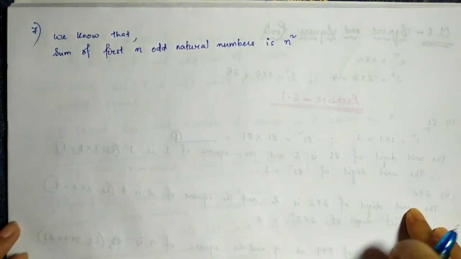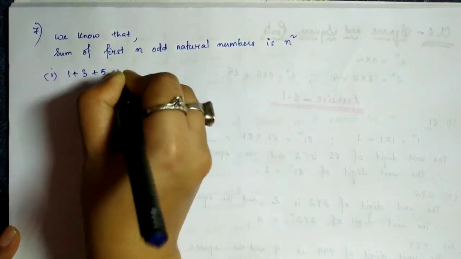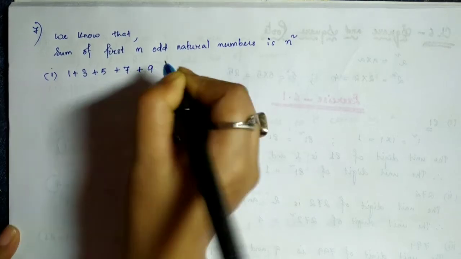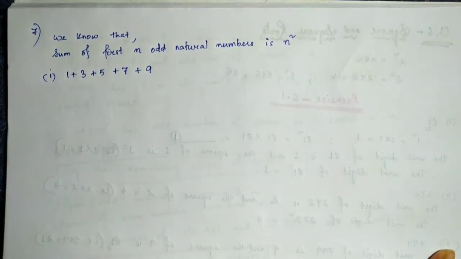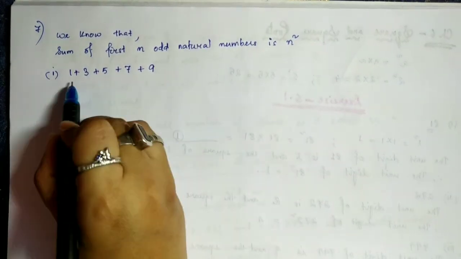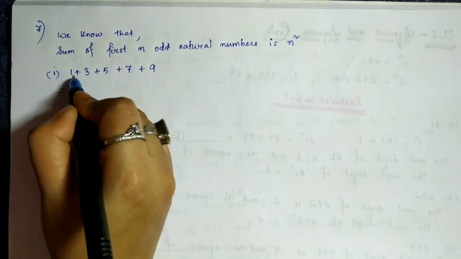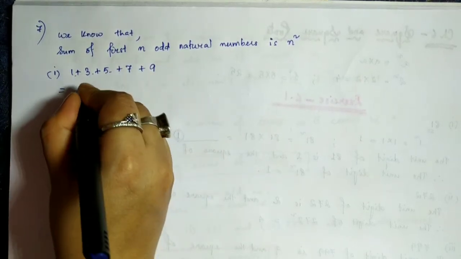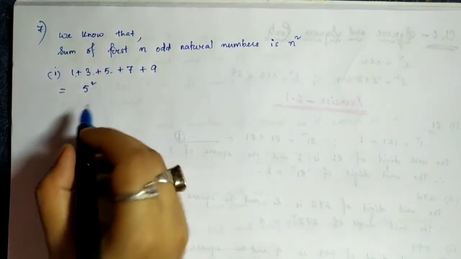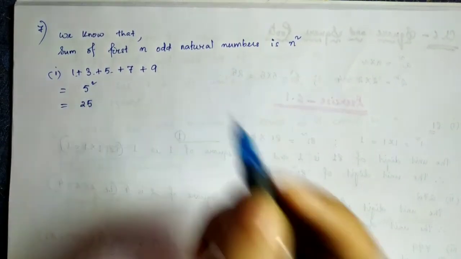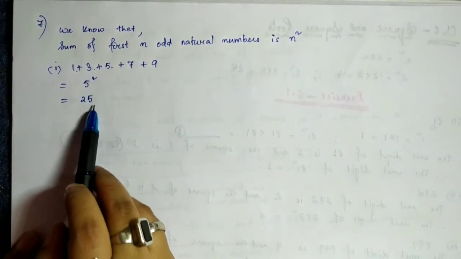So you see here the question is given, number 1: 1 plus 3 plus 5 plus 7 plus 9. So without doing actual addition, we will not just do 1 plus 3 equal to 4. No, not that way. See, all of these are odd numbers and given serially. So what I can do, how many numbers are there? 1, 2, 3, 4, 5. So 5 square. Okay? Whatever numbers are there, square it. It will give me 25. If you want to see if your answer is correct, just add the numbers. You will find 25 here.